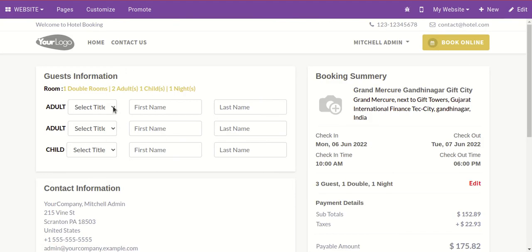Here we have to enter the detail about all the guests.